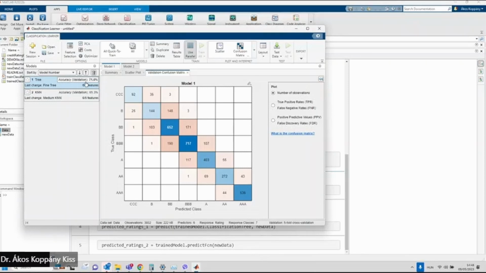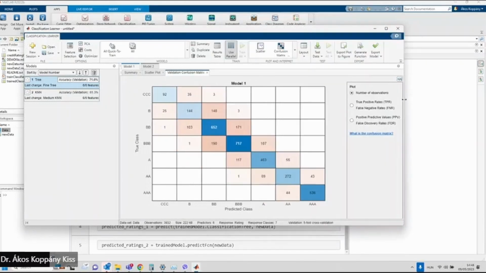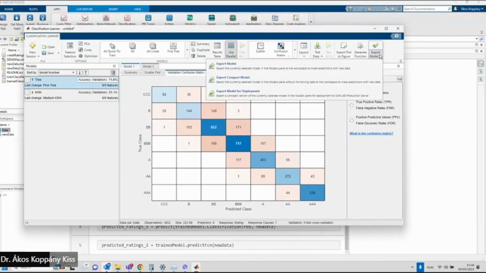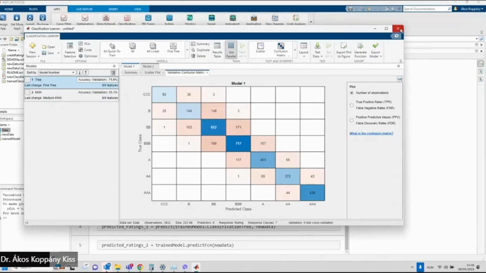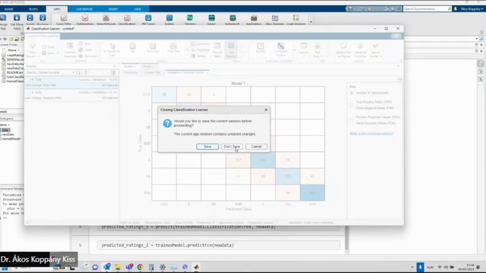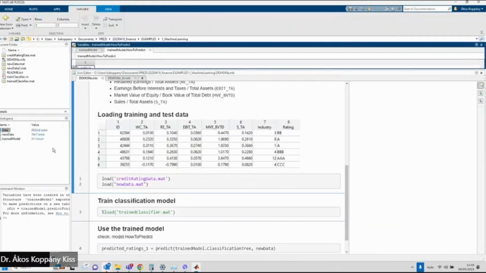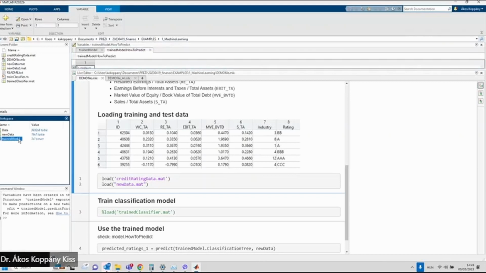And right now, let me export this model under the name of trained model. I can close this one right now. And okay, right now I can use this model to do classification and prediction on new data. How? Let me open up this